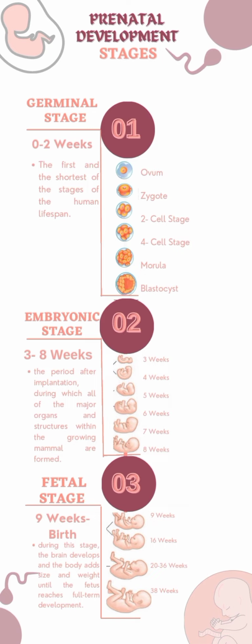And during 38 weeks, the baby is almost full term. The bones and muscles grow stronger, and the brain and central nervous system are continually developing, and most babies will be born during the next 2 weeks. So those are the 3 stages of prenatal development, and that's how the baby forms or develops inside the womb of a mother from conception to birth.